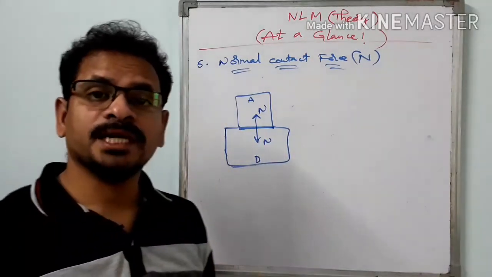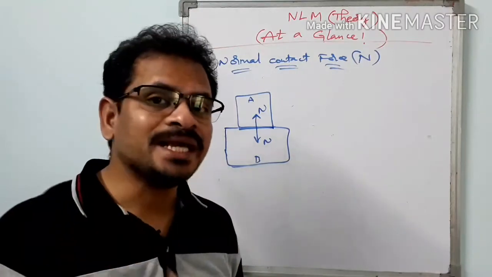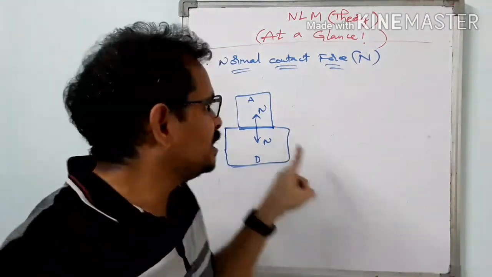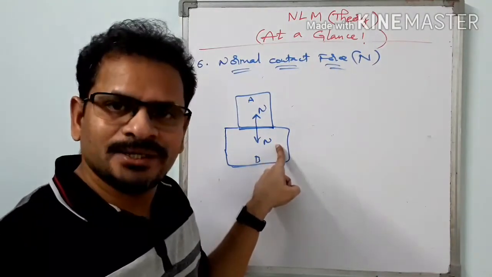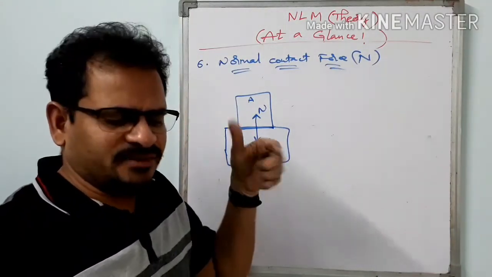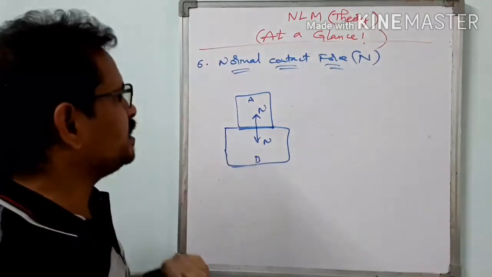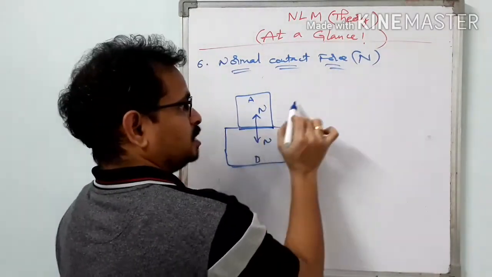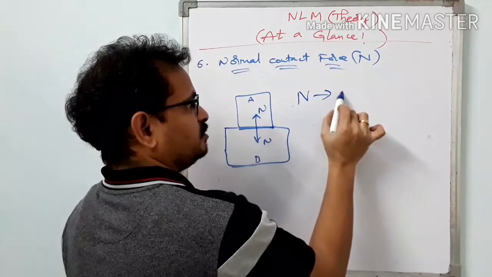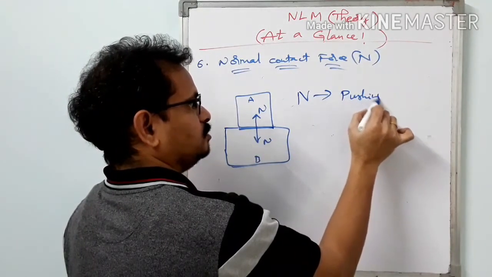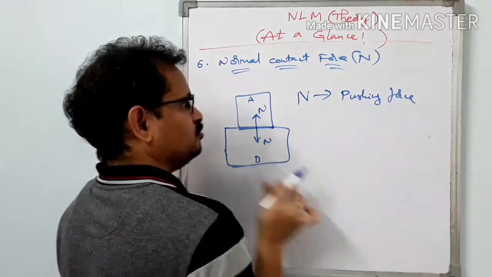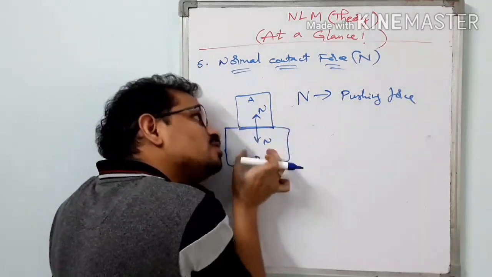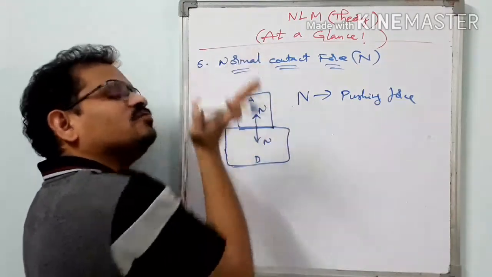So one body is applying force on another body. Why are they applying? Because they are in contact. Due to that contactness only, these forces are coming into existence. When a body just comes into contact, normal reaction force comes into existence here. And one more thing is that normal contact force is a pushing force. See, this block B is not applying force towards itself. It is applying force away from itself on this block A.